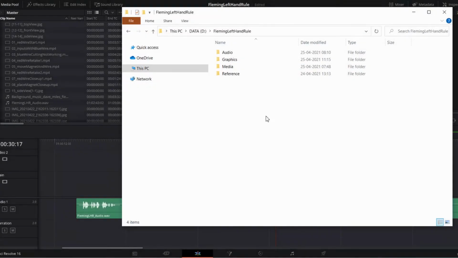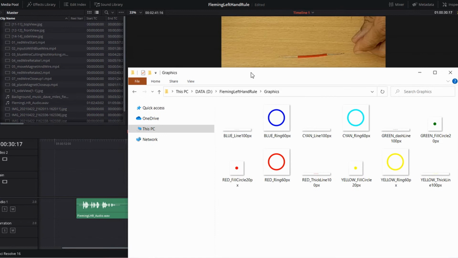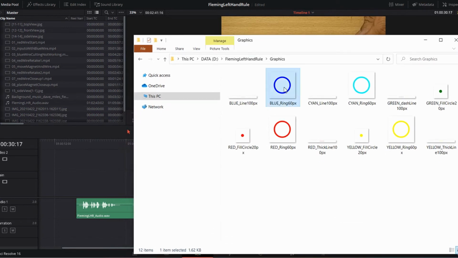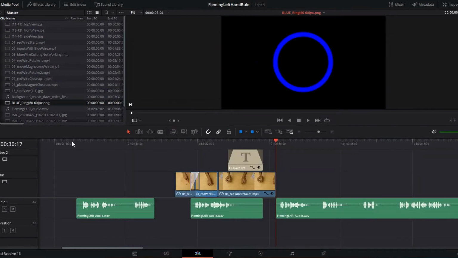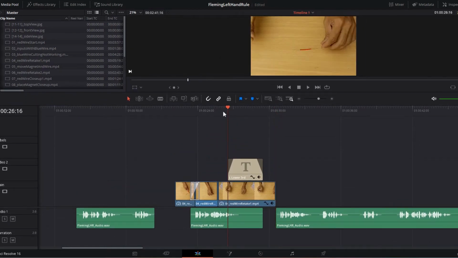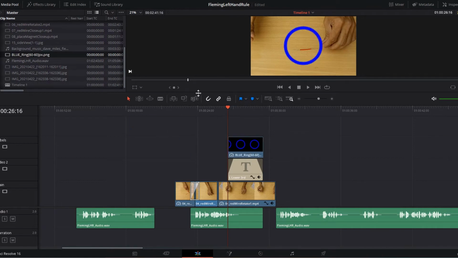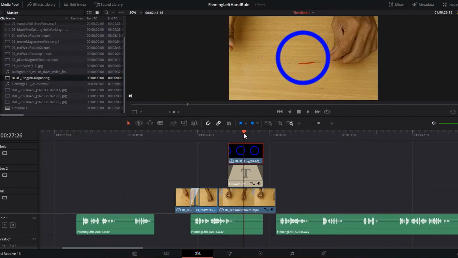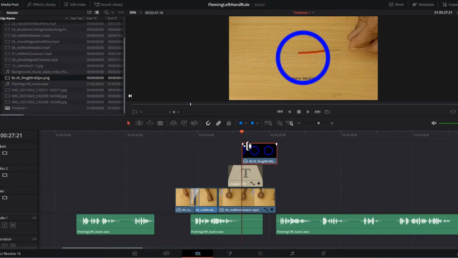Our graphics folder has lots of shapes. These are PNG files which we can use in our project. These shapes can be used to highlight areas on the screen, indicate direction, groupings, animation, etc. Once a shape or PNG file is imported in the project, it is treated like any other media file.